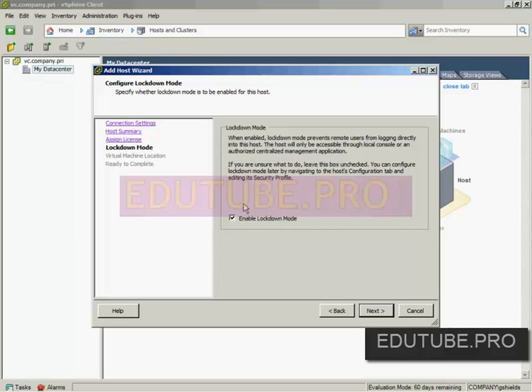Doing so means that I've reduced the attack surface area of that ESX host and improved my security posture, but it also means that I can't log in to the Linux-like portion of that ESX host to do some manual configuration. So in this case, I'm going to leave it enabled, but your security environment or your security policies may require you to enable lockdown mode because indeed this does improve the security posture of